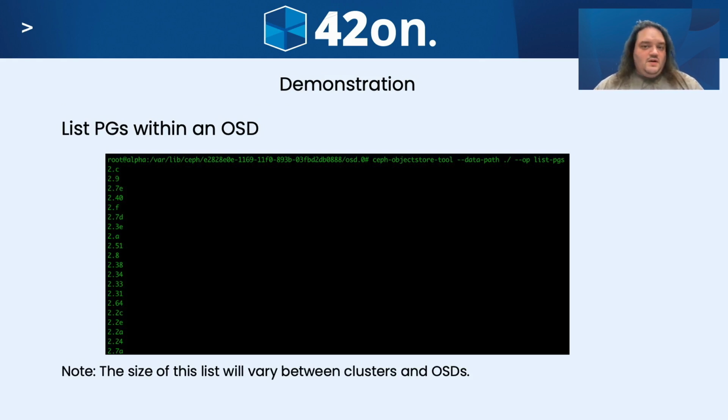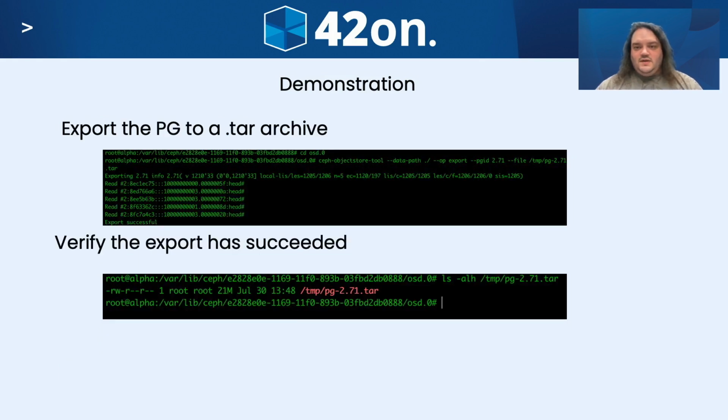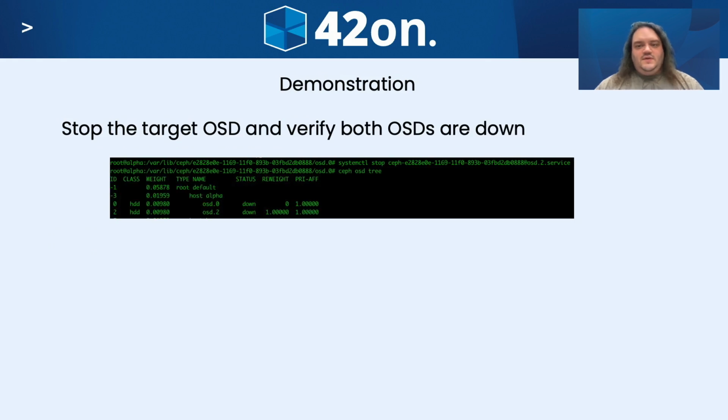And we just grabbed a random placement group that I'll be exporting to a tar archive, and then verifying that the tar archive exists. And then we'll stop the target OSD. In this case, the OSD is on the same host. It doesn't have to be on the same host. You could just as easily export and import this PG to a new OSD on a whole different host. So in this case, we're going to be stopping OSD 2,